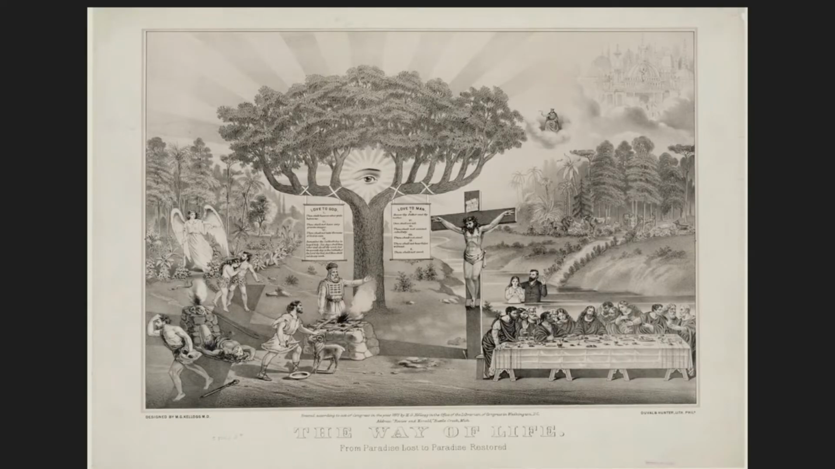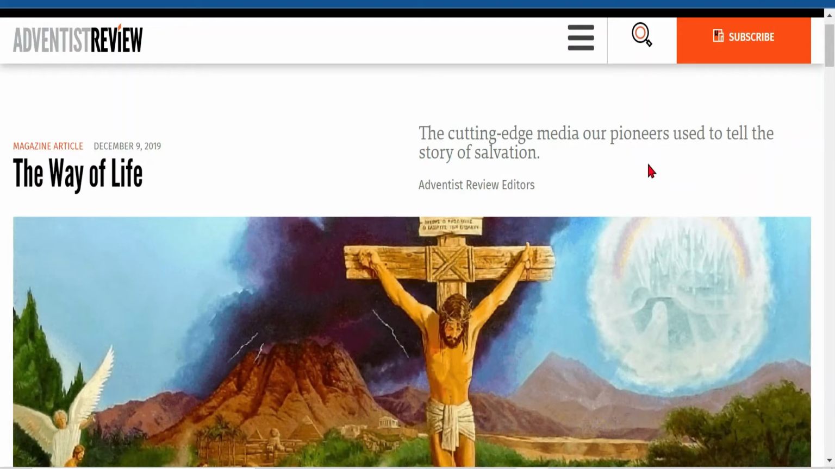So let's just look at this picture here for a second. It says, the way of life, from paradise lost to paradise restored. Now, this was a picture done, and it's part of the Seventh Day Adventist Church. It's part of our history. So I'm going to take you a little bit through some of the artwork in the history of the Seventh